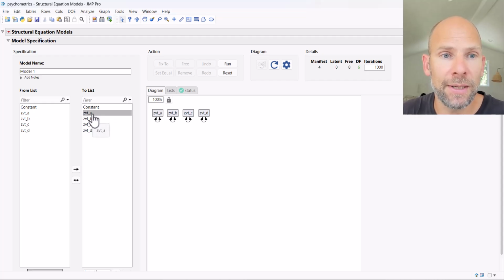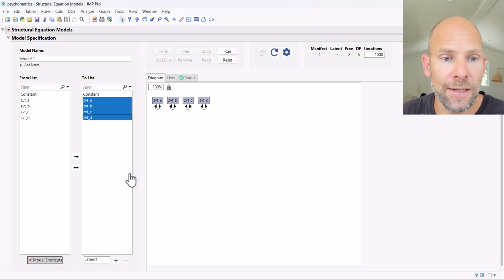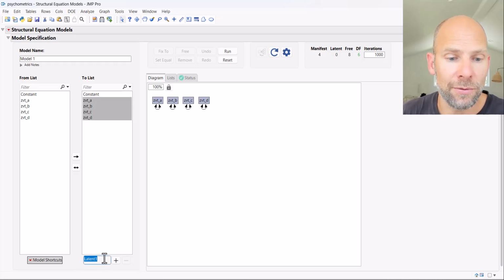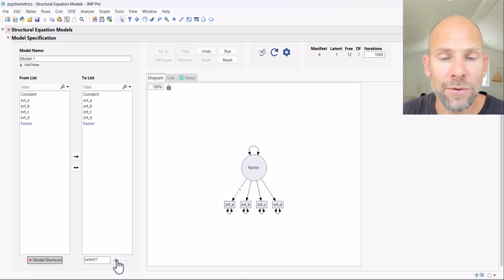And this is very simply done by highlighting the variables in the tool list and then clicking on plus here at the bottom where it says latent 1. If you want a different name for this variable, you call it factor, for example. You can change the label here. And so then this already draws us a single factor model, and you can see that this does not require that you have equal loading. So it assumes that this is a congeneric measurement structure where the loadings could potentially differ between the indicators,